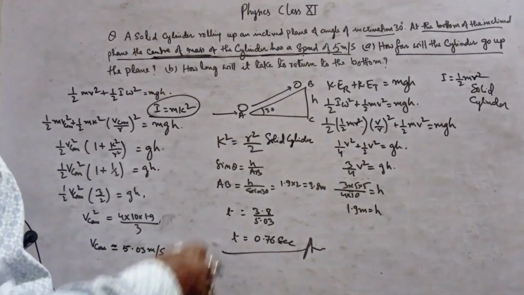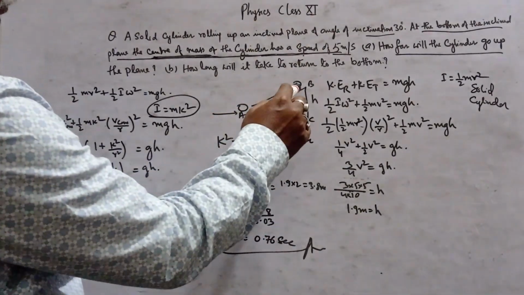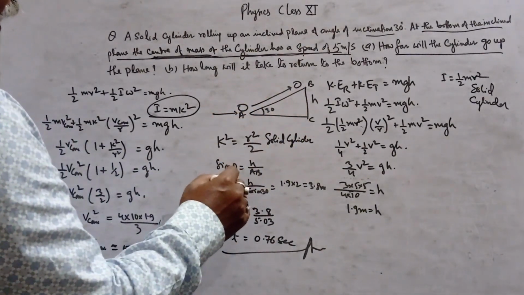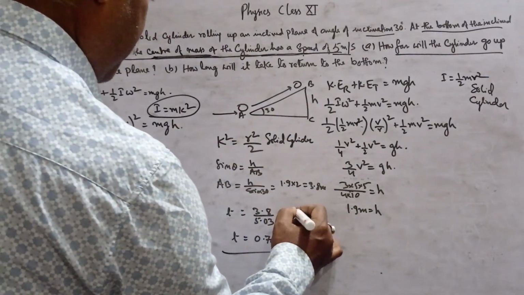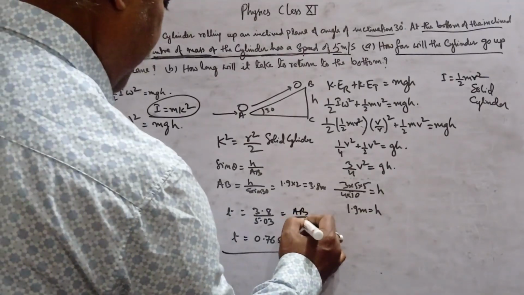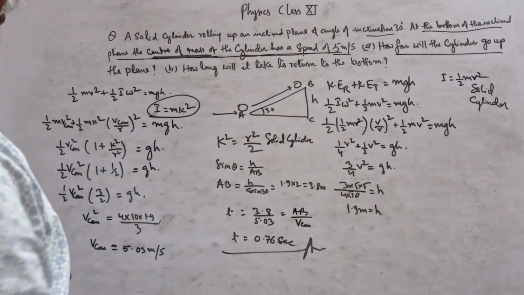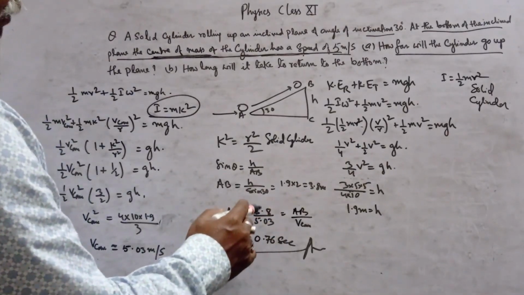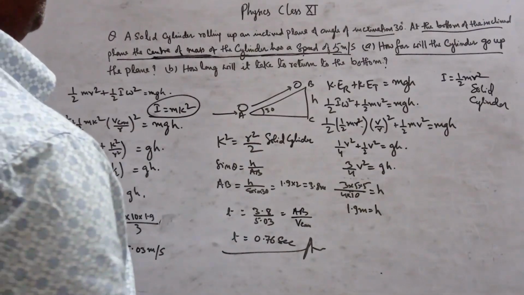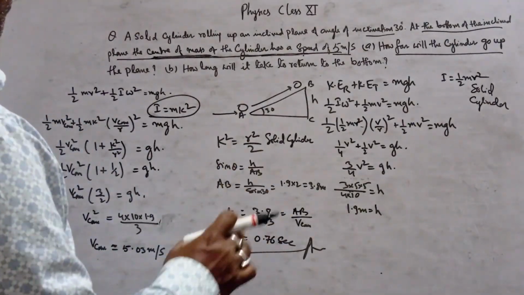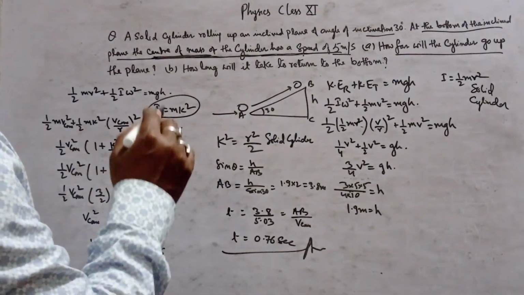Now the time taken to come down will be AB divided by v center of mass. AB is 3.8, and with the velocity of the center of mass, this is the time taken to return to the bottom. The most important point here is that when we are calculating the return motion,